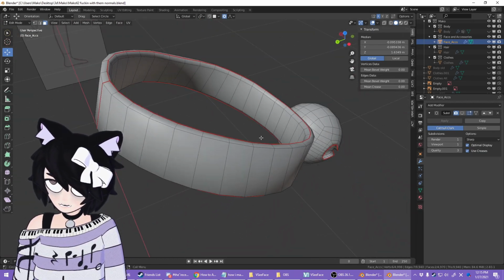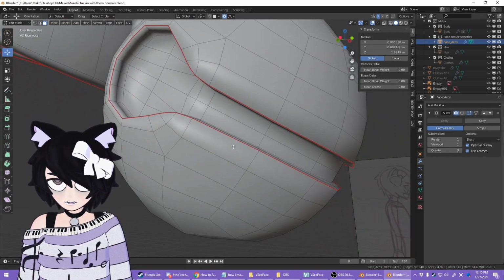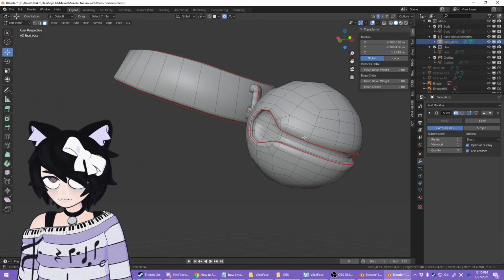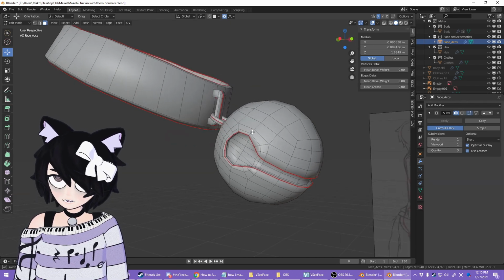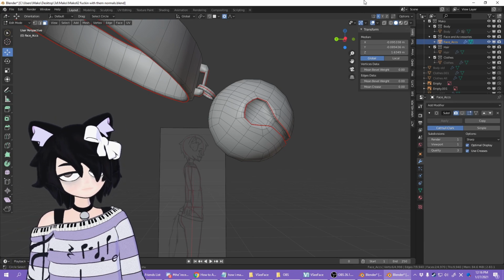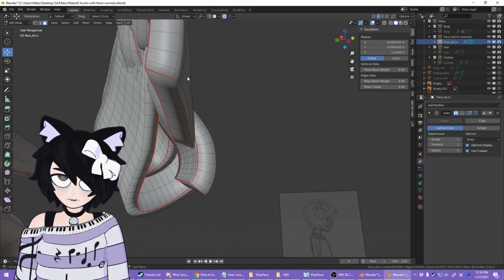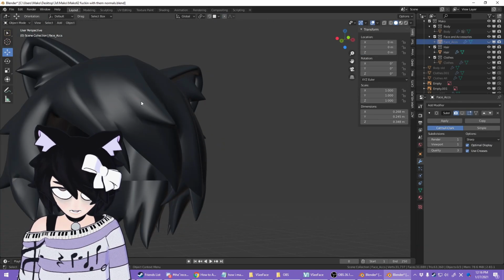Collar is just an inside and outside with a seam right here so that it can unfurl. Pretty self-explanatory. This part's a little weird, but you just gotta think three-dimensionally. Think about how you're gonna just grab this and pull it apart. Use the bow. Got that cube pattern right here. And the hair.